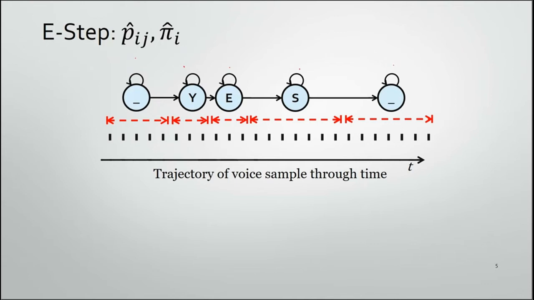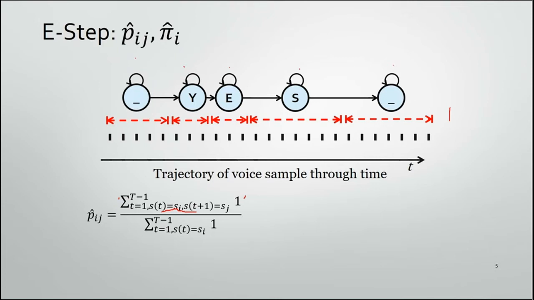Now, since we assumed that we know how long the HMM stays in each state, we can easily estimate Pij. So Pij here is a summation over all ones. In other words, we're simply counting the number of times this St equals Si, St plus 1 equals Sj occurs. And how many times is it? For instance,